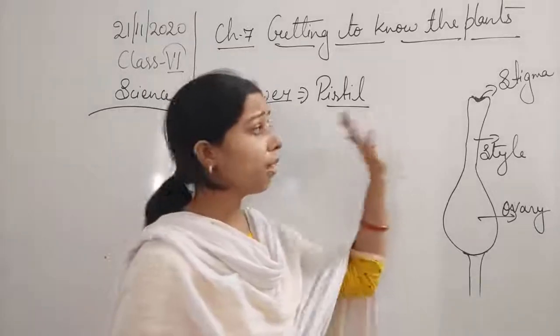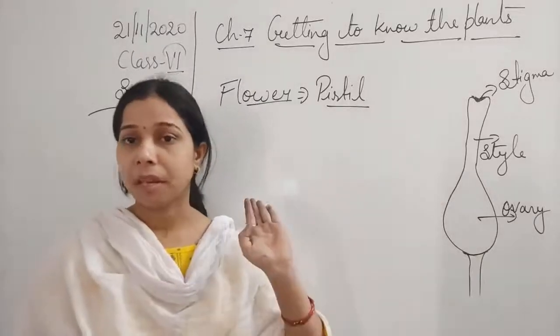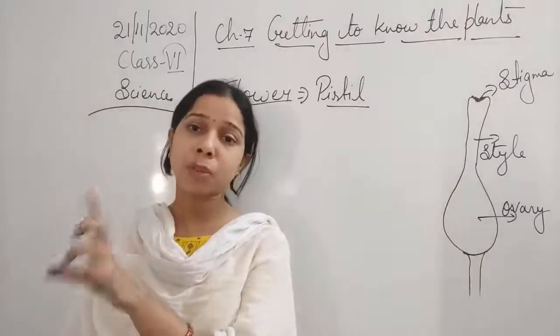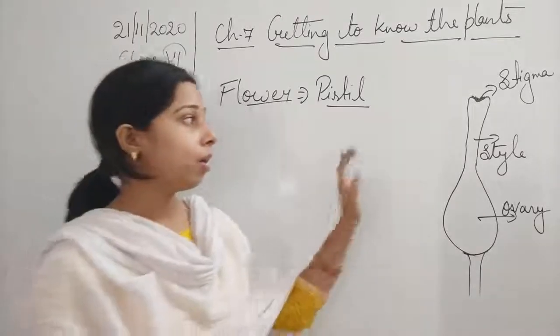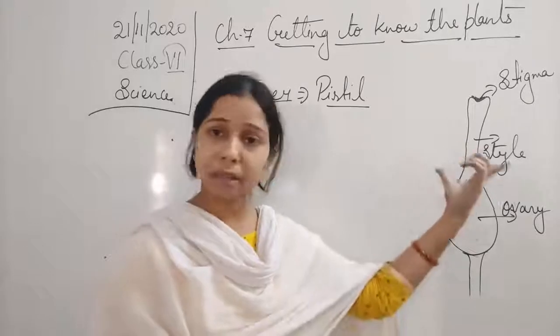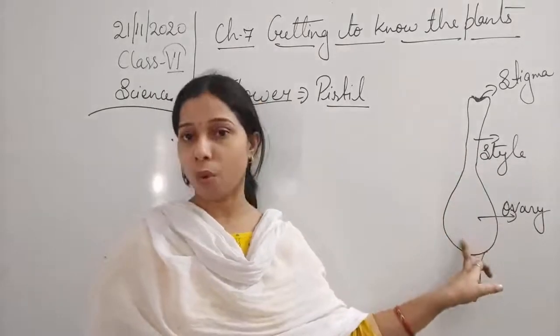Okay. So its role is not making the pollen grains blow away. It means its role is to stick. It helps in attaching the pollen grains to the female part. Now the sticky substance helps in sticking the pollen grains on it. Now pollen grains are present here, and they have to reach the ovary.